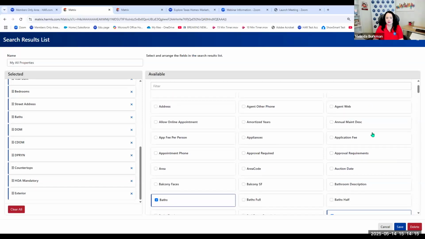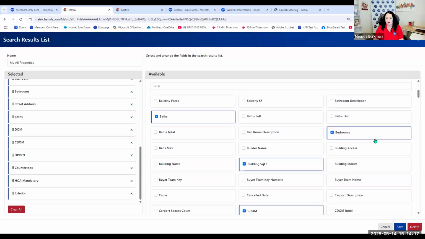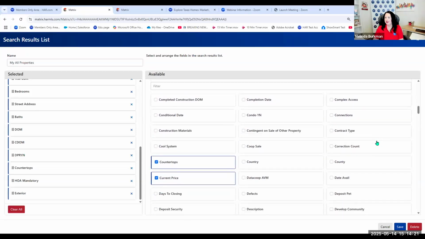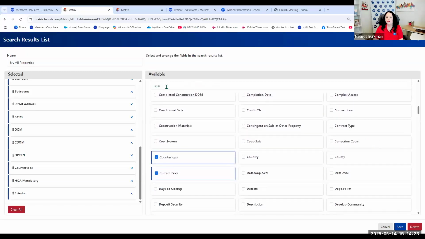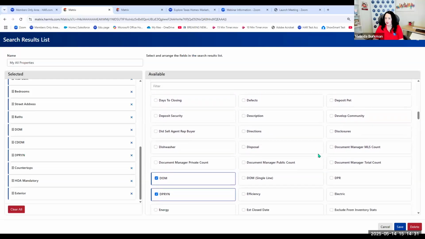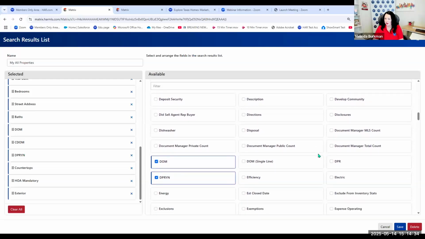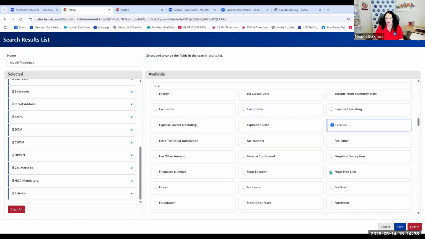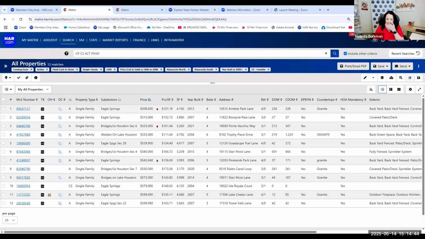And you can scroll through all of these options for columns that you might not have. And sometimes, you know which one you're looking for and you can just start typing it in here. Sometimes you don't know what you don't know. And scrolling through here can give you some ideas. Oh, I didn't know that there was a directions column. Might get a little wordy, directions can, but it's an option. If you want to change anything, click save. I'm going to click cancel because I'm not changing anything today.